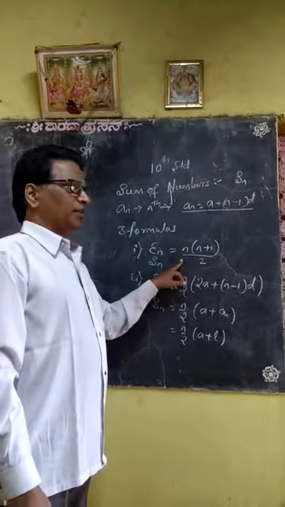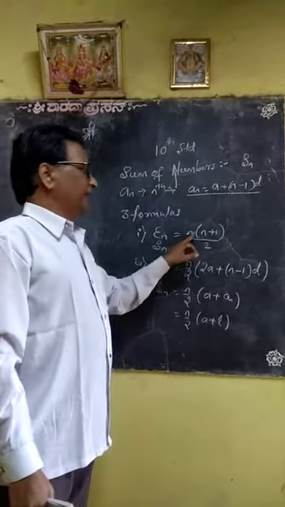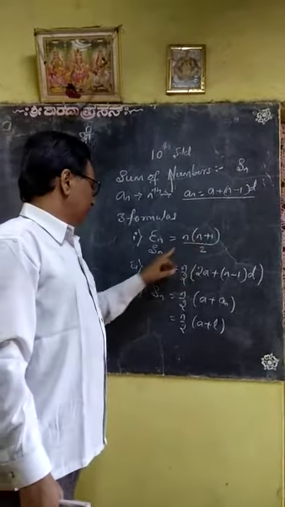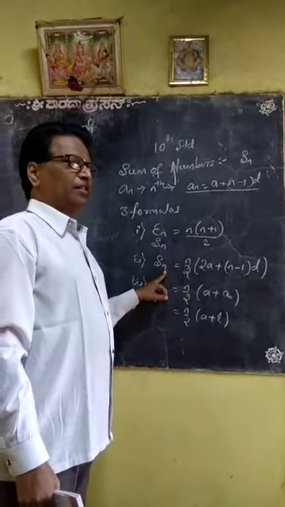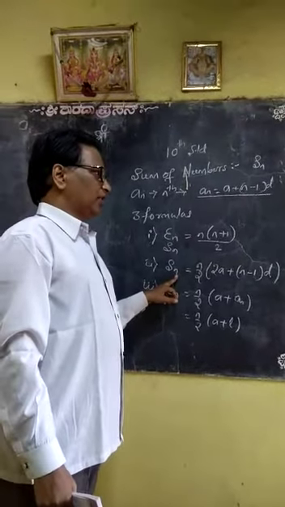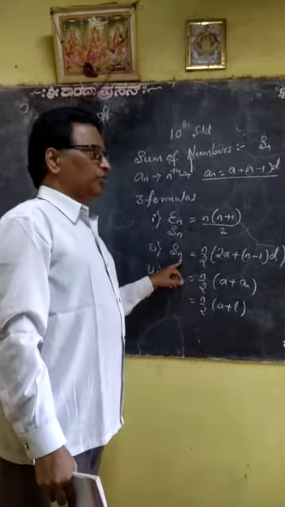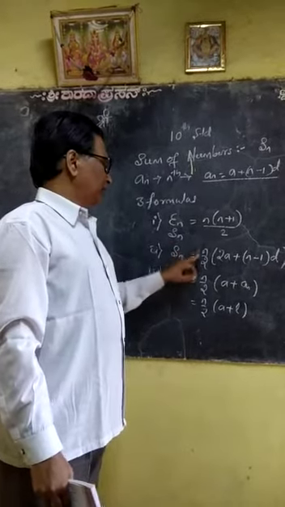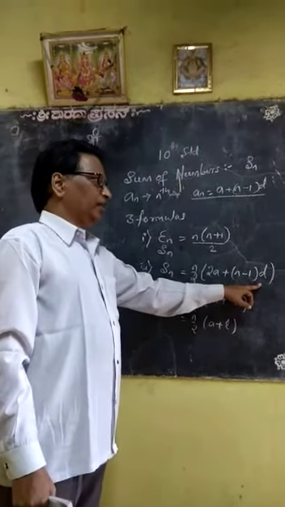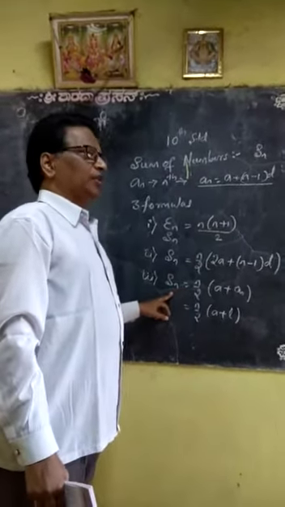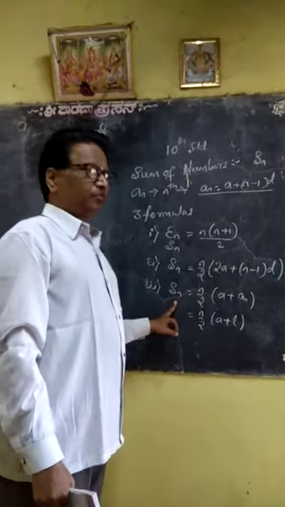So if natural numbers are given, we have to follow this formula, n into bracket n plus 1 upon 2. And when the sequence has middle terms, this formula is used to calculate the sum: n upon 2 into bracket 2a plus n minus 1 into d. And then when the question includes the first term and the last term of the sequence,